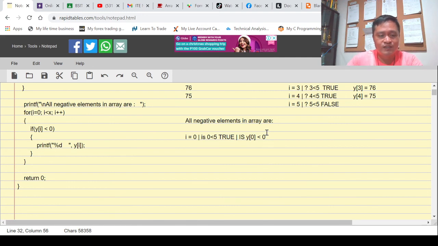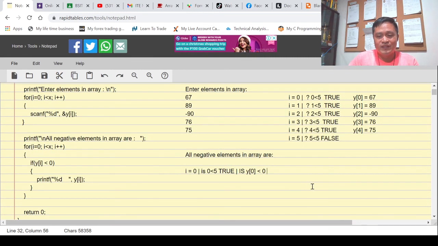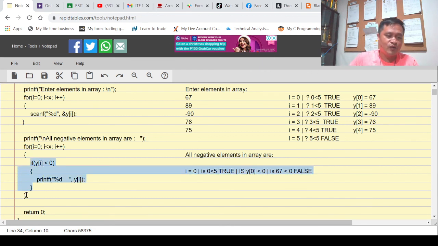The condition is what? We don't know. But then the question is, how much is the value of y index 0? Our y index 0 is here, 67. So meaning, we're saying is 67 less than 0. The condition is false. Now since the condition is false, right, exit from here and go